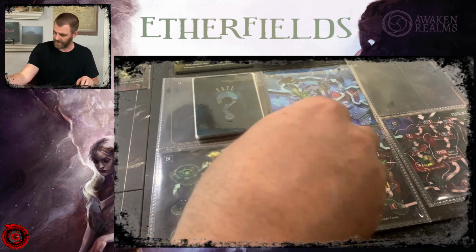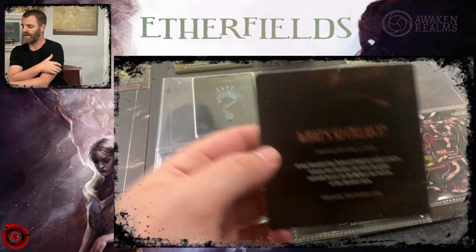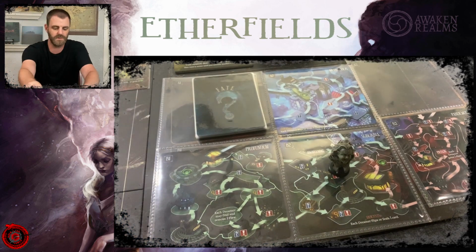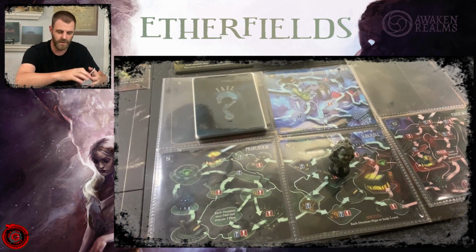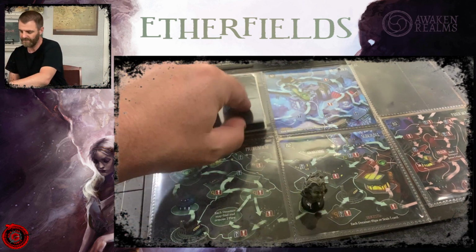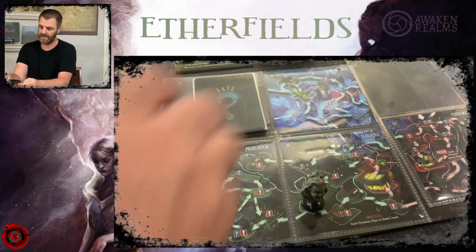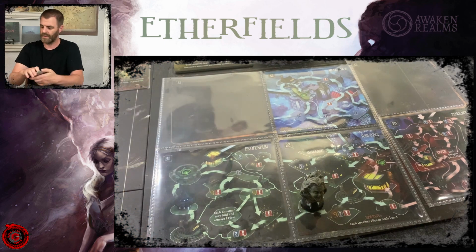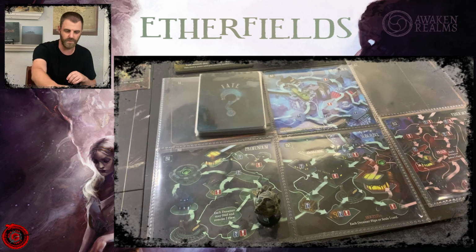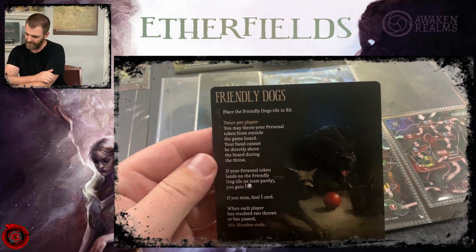Okay. All right, we're going to go here, and we're going to do a slumber. So our slumber is, what's so creaky? We haven't placed any 3 cards, so that just goes to the bottom. That's the kind of slumbers I like. Okay, we're going to go here. We're going to draw a fate card, and that fate is Little Shop on the Corner. We don't need that, so we're going to go that. We're going to go here now, and we're going to do a slumber. Friendly dogs. Okay, have we...